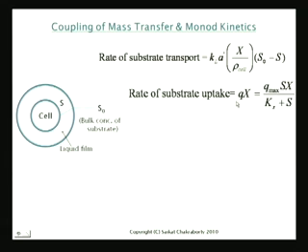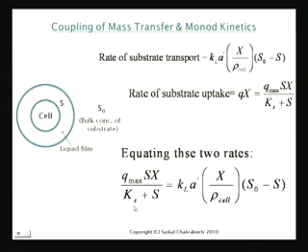I use q instead of mu over here, and I'll come to the reason for it in a moment. You'll see why I use that. But it's the same thing exactly. So q times X. q is the growth rate per unit weight of the cell, times the number of cells again, because the more cells, the more growth. Is it clear? It's linearly dependent on cell. So q is given as q max S over Ks plus S, the Monod growth model, times X. So what happens is that at steady state, these two should balance each other.